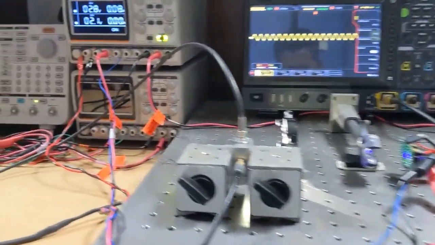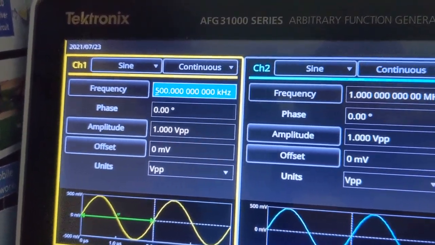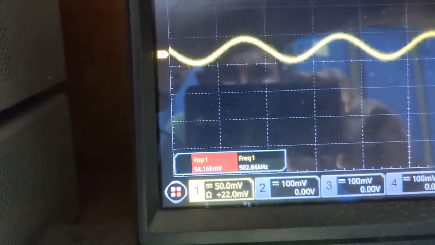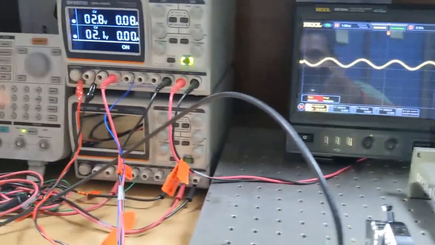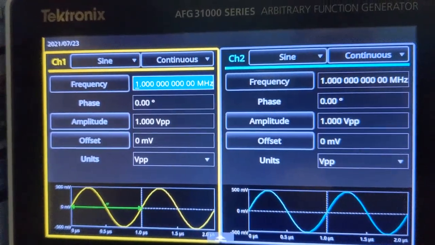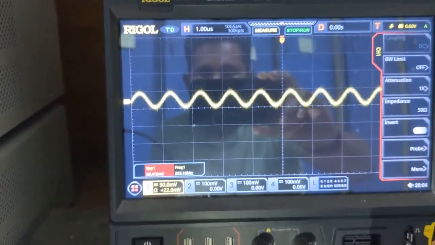Now I am increasing the frequency, which is at 500 kilohertz. The amplitude of the signal remains the same. Again increasing the frequency to 1 megahertz, the amplitude of the signal is again the same.